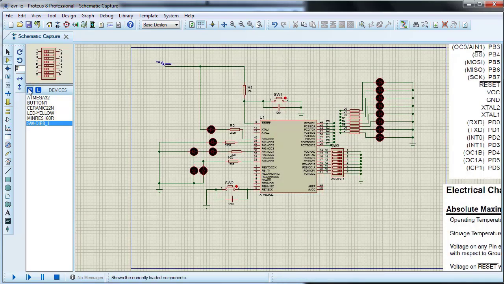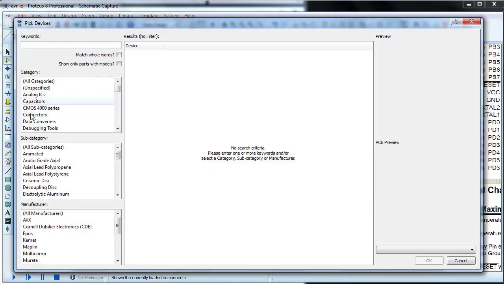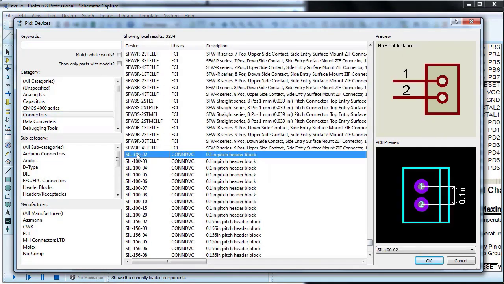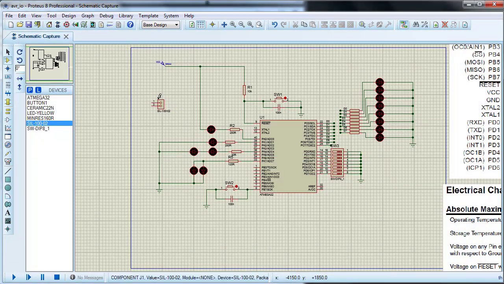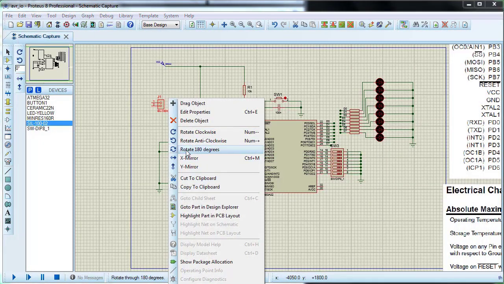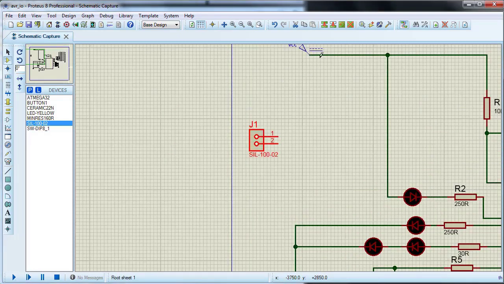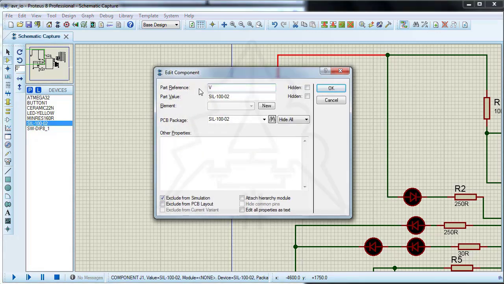Replace the power supply with a connector. Note that this name appears in PCB.